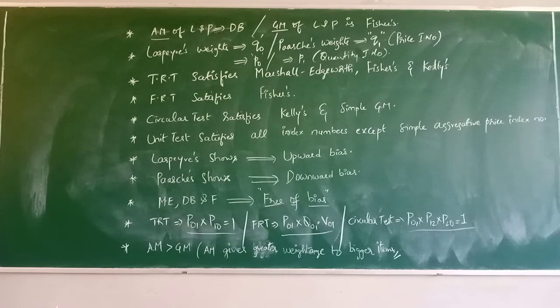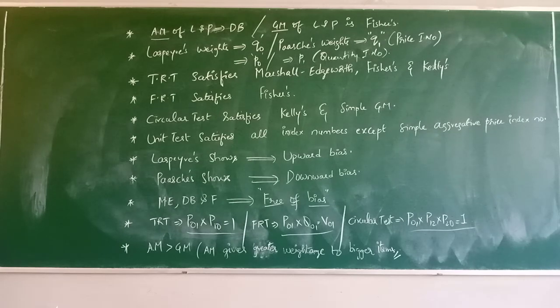The consumption of the items will become relatively more. So base year quantities give relatively more weightage for the commodities with the current year price. Because the base year quantities, you are using them with the current year price. That's why automatically there will be greater weightage, because the present price is high, the past price is low. At that time only you have more quantity. Obviously, previous quantity with the current year price, the weightage will be more. That is why Laspeyres shows upward bias.